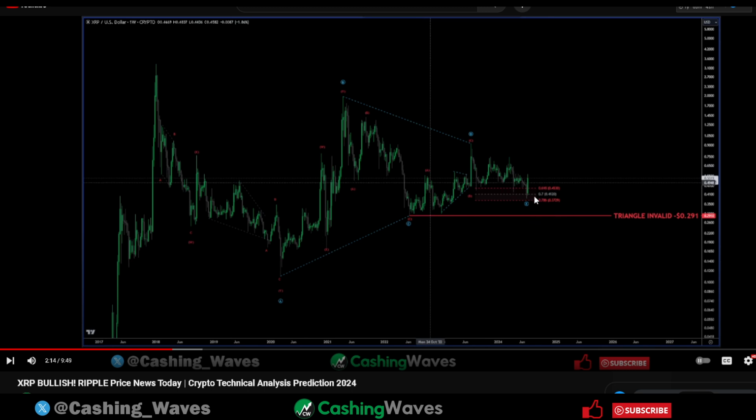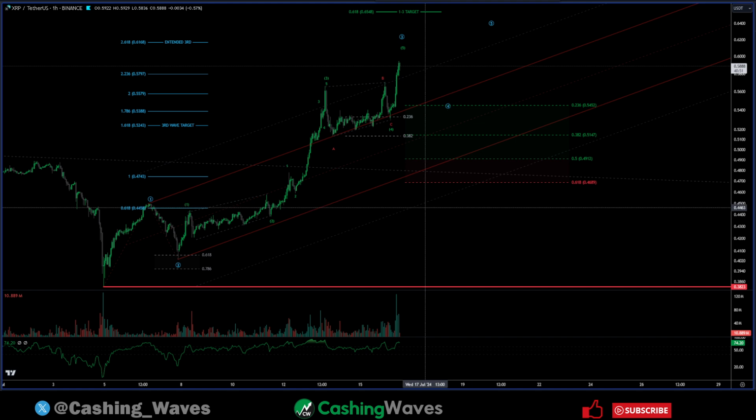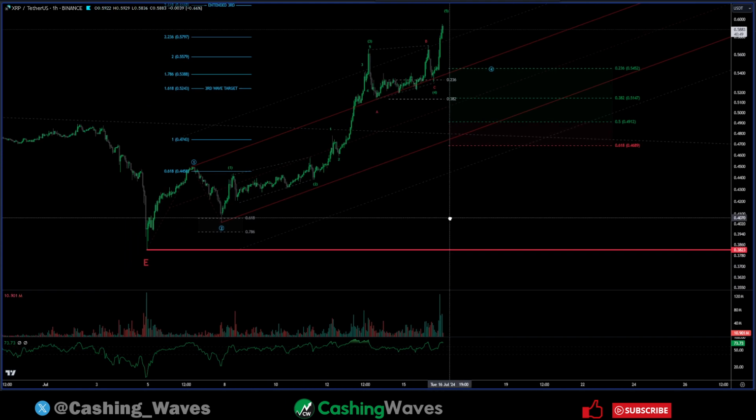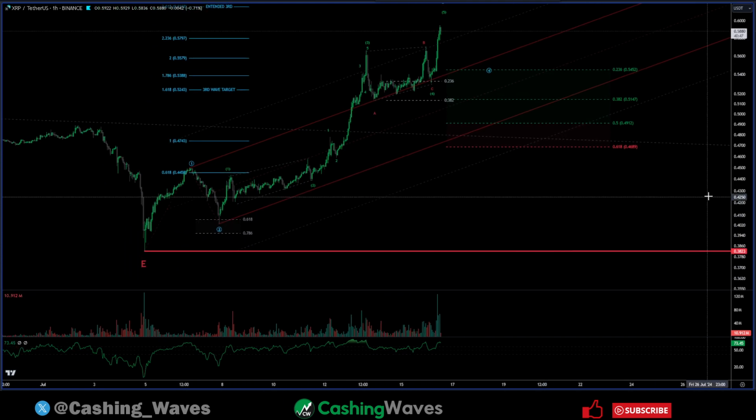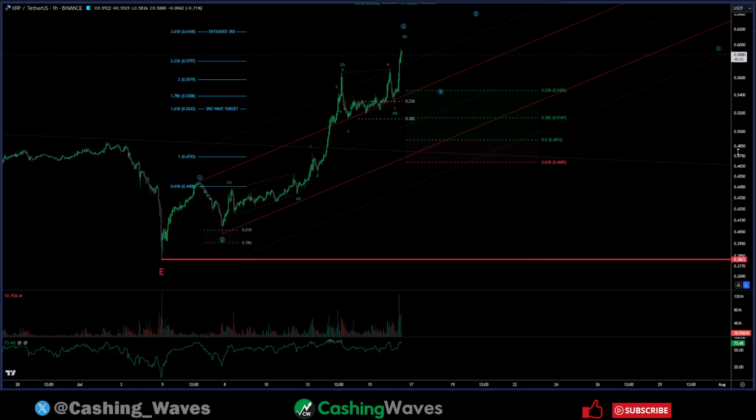And in this scenario, the E wave is in, so we want to start our count from the top of that E wave. Now, it doesn't invalidate if we make one more low, but it makes it less probable, right? We want the bottom to be in right now. So we're going to be starting our count from this E wave low. This is the E wave low. You can see right here, that's the significant pivot we want to hold at 38.23 cents.